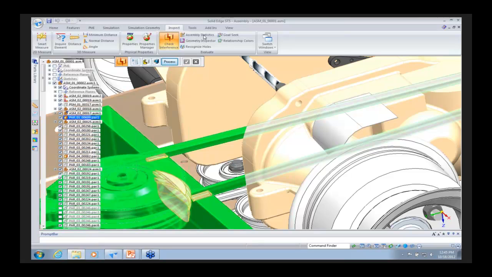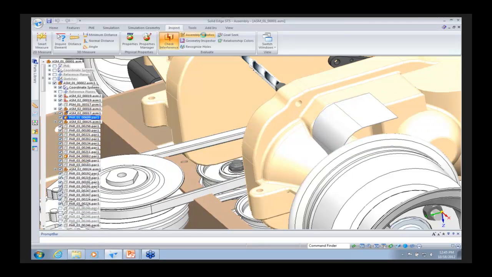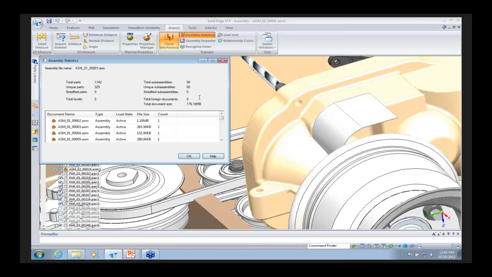Next, we'll look at the assembly statistics. So that's going to pull up all the information about the top level assembly. So it'll list how many parts we have. We have over 1,000 parts, 325 of them are unique, how many are simplified, and the total levels in the assembly. It'll give you the same information for sub-assemblies, how many there are, unique, simplified, give you the size,